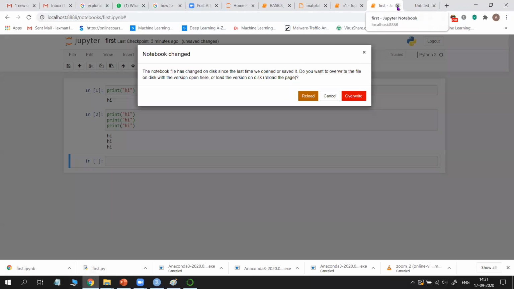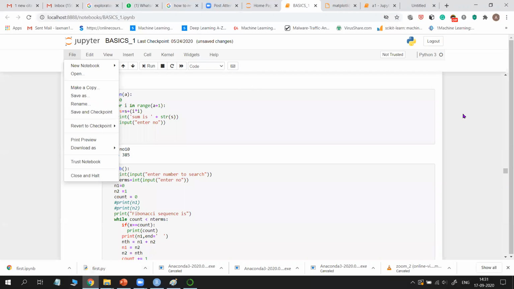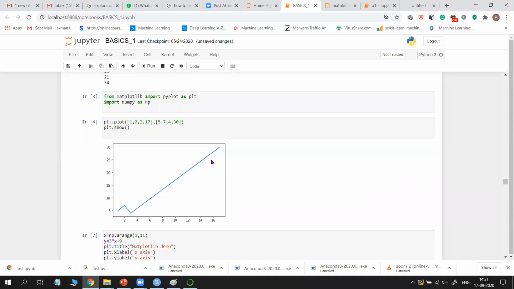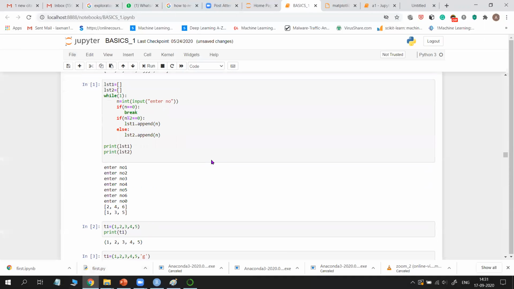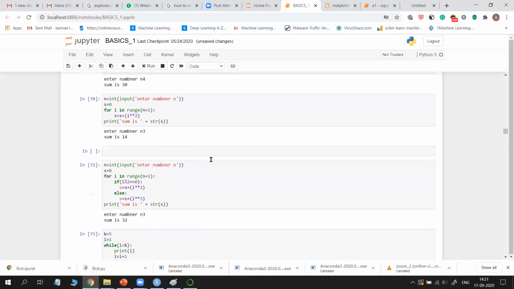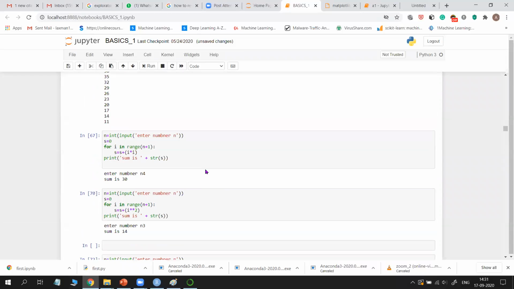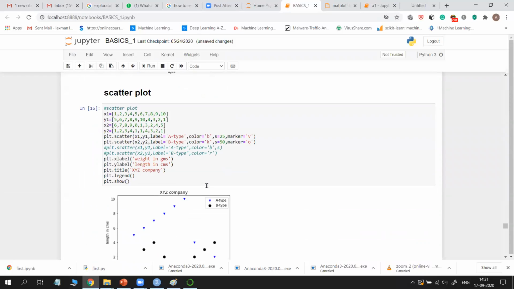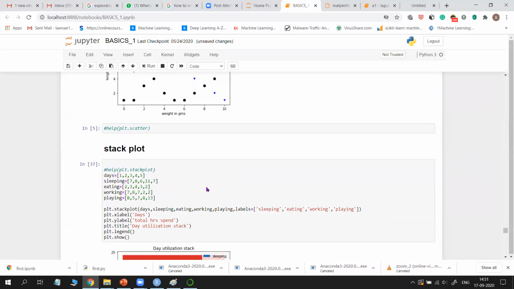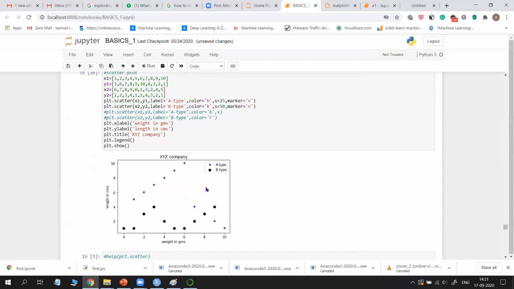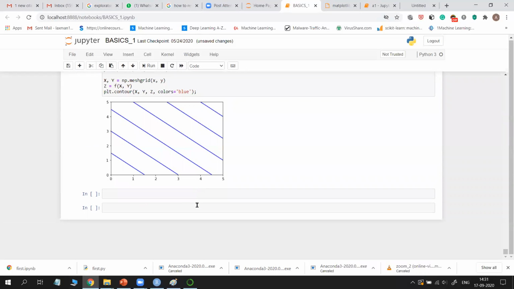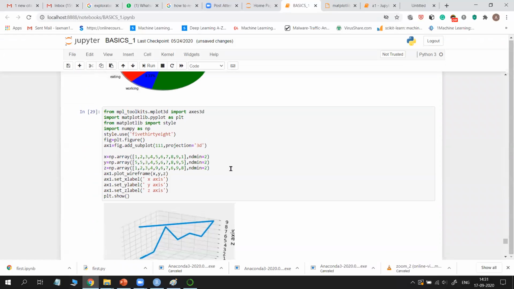And the advantage is, as I showed you, consider this one. A lot of coding is done. There is no similarity between the functions and the loops, but I saved all the programs, even drawing or plotting, how to plot, all the concepts in a single file. That is the advantage of the Jupyter Notebook. Later, how to execute this?